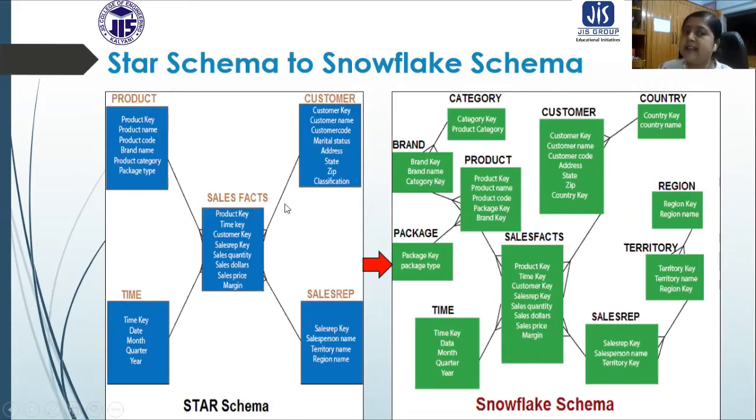So star schema is the more basic form. If we explore more the dimensions of the star schema, because you can see in the fact table there is no change. It is as it is. Only the dimensions are explored more. So if we explore more the dimension, then we have more tables. So in this way, more tables can be created. Okay, so these are the dimensions of the snowflake schema.